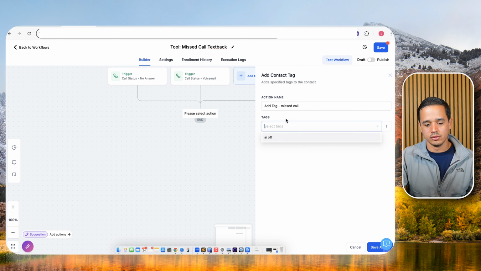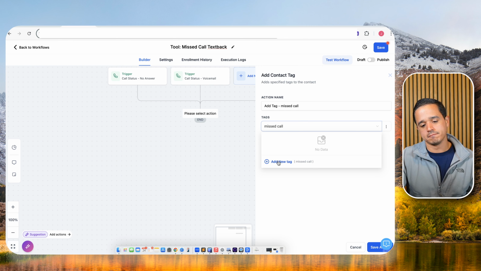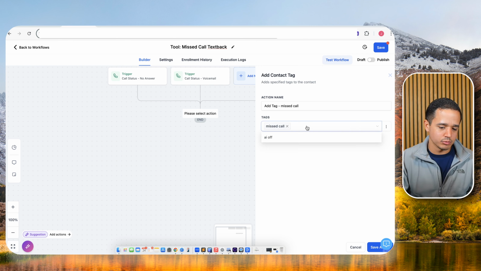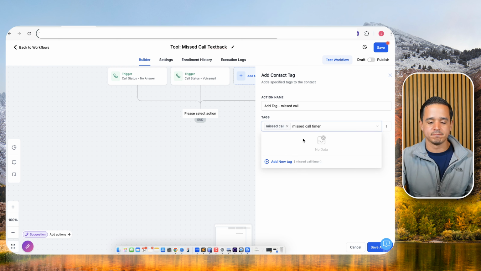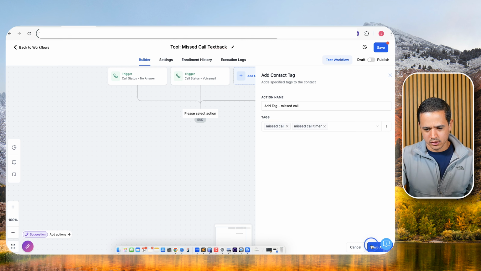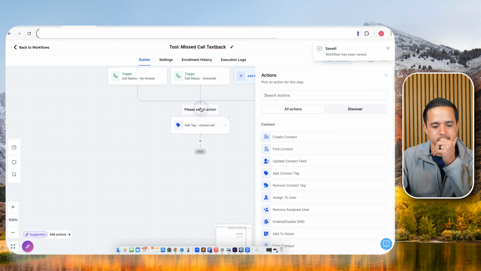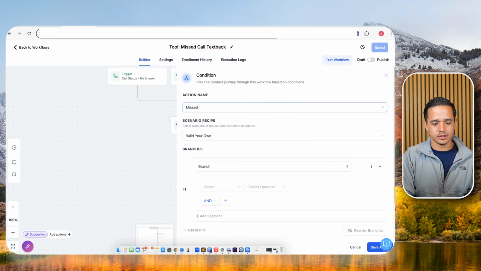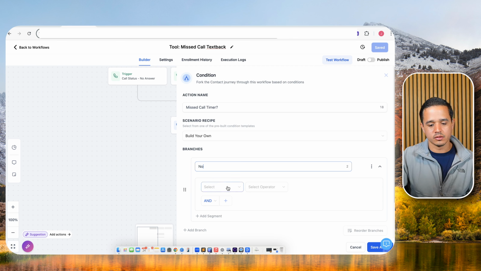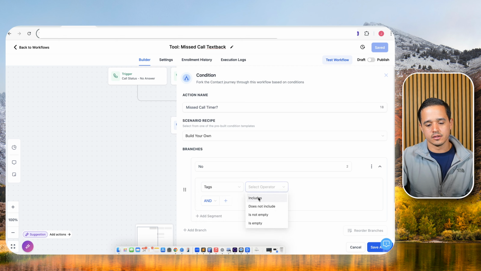And then we will say missed call. And then we're also going to add a tag called missed call timer. And I'm going to explain to you why here in a second. Missed call timer. Save. So here's what we're going to do: we're going to create a conditional statement here. It's going to say missed call timer. We'll say no, and then we'll go to contact detail, tags, does not include